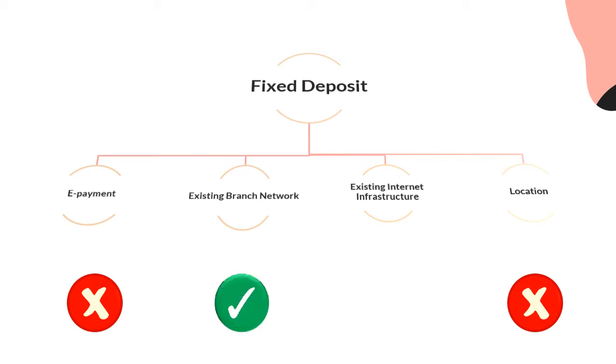After that, I'm going to talk about the existing internet infrastructure of Maybank. The latest website of Maybank we know is Maybank2u. The website was built since 9th April of 2018. Maybank2u website lets the customer do all the banking services, including making their fixed deposit. Inside the website, customers can choose which kind of fixed deposit product they want. There are the e-fixed deposit account and the fixed deposit account.